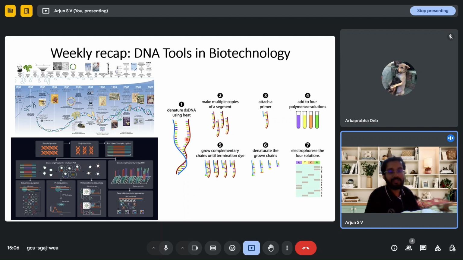So what we basically do in Sanger sequencing is we denature the double-stranded DNA using heat, and following which we generate multiple copies of the segment. How do we do that? And we saw it last week, using polymerase chain reaction. So what do we do after that is we initially use primers, but what we do here is